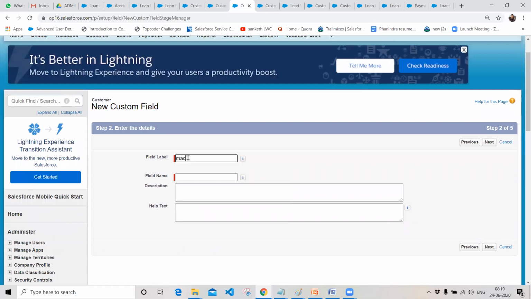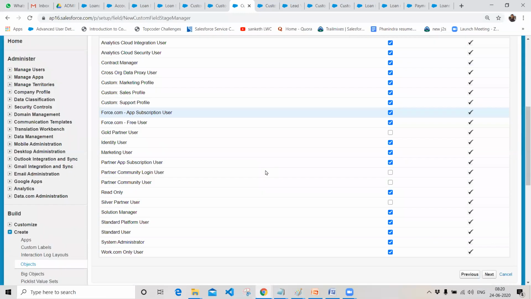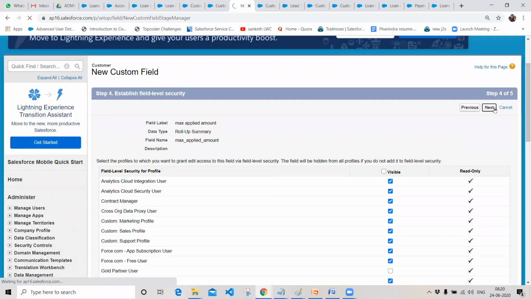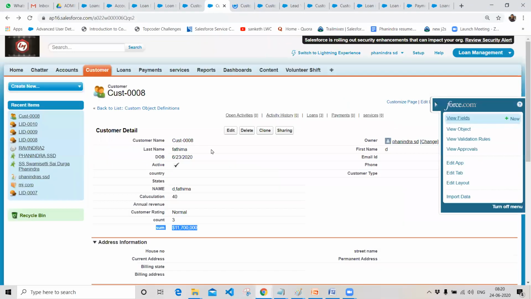And I want to show the max applied amount. Okay, this is the field, and click on next, and choose your loan object, and this is the maximum, and choose your applied date field, and click on next. Click on next, and click on save, and go to your customer record again and just refresh it.